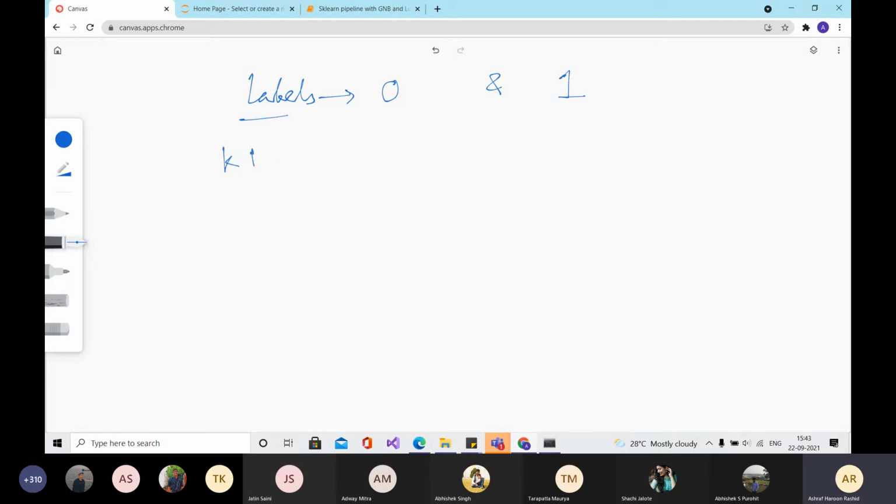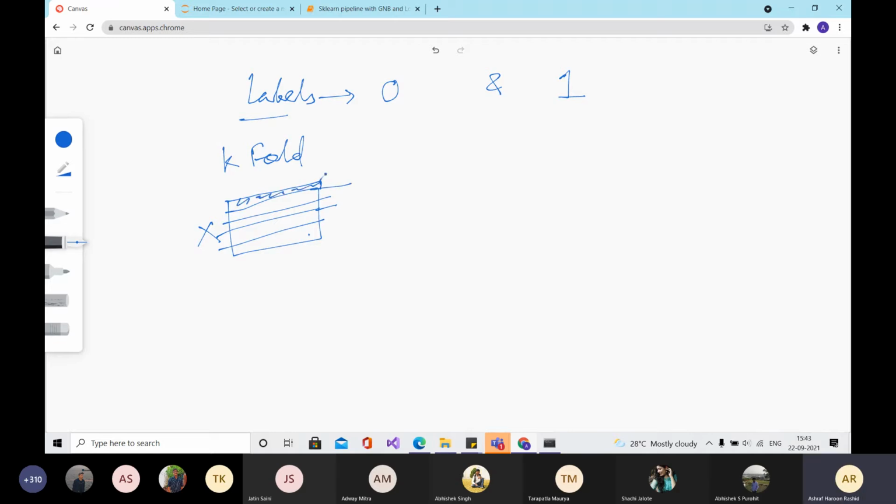What normal k-fold will do is look at your X matrix or X data set and separate out the data set into certain folds: 1, 2, 3, 4, and 5.